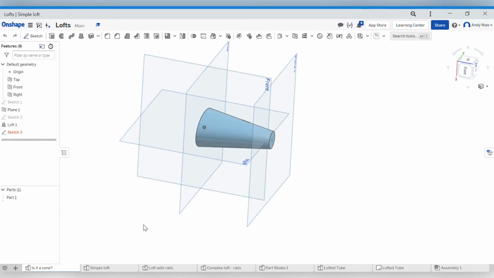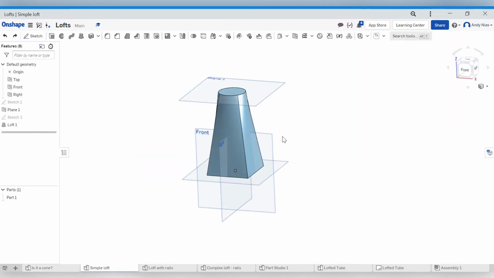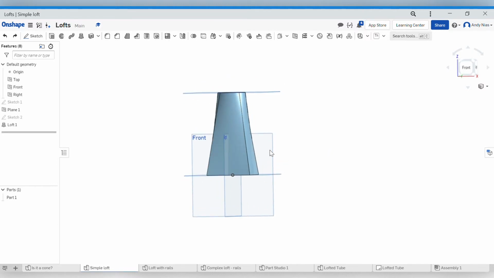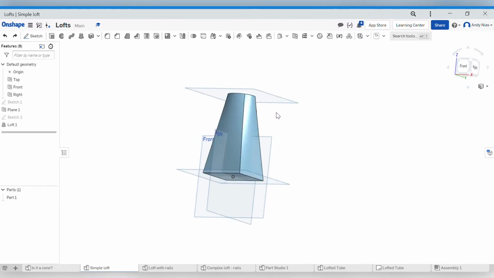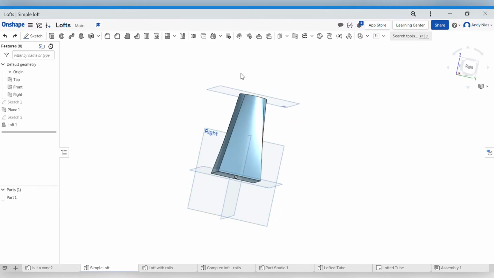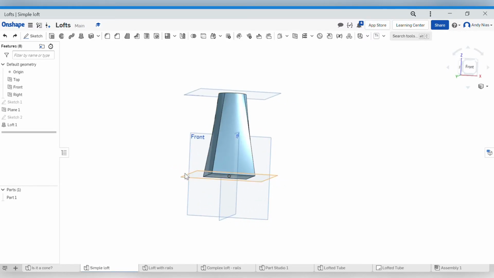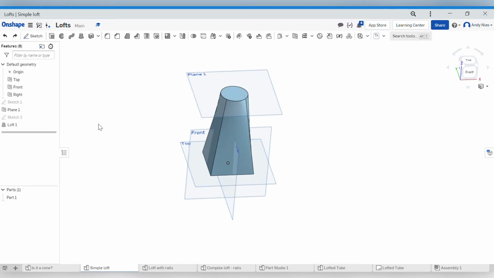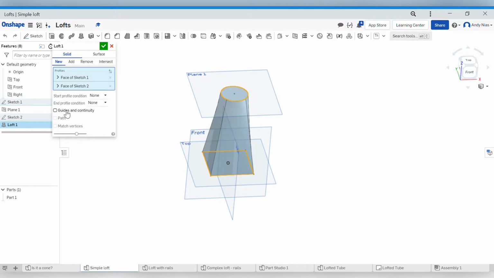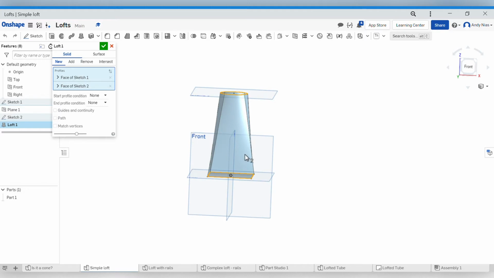So what I'm going to look at in this video is how we put a bit more control over the way that the model goes between the two profiles. Normally it just picks a sort of straightish route, but what if you want to add some shaping to that? So that's what we'll look at now. We can do that because in the loft command we've got something called guides. A guide allows us to put in a sketch that is going to change the shape of the loft